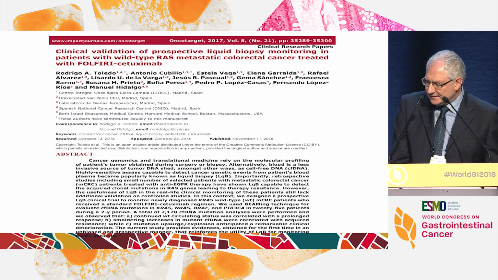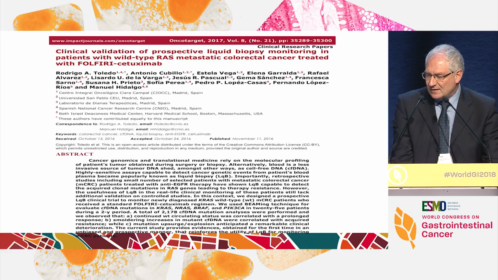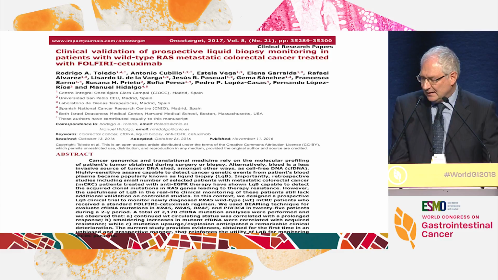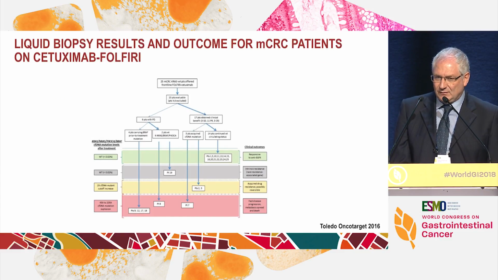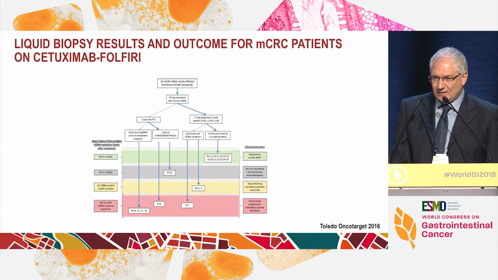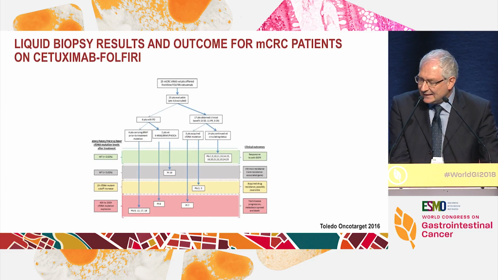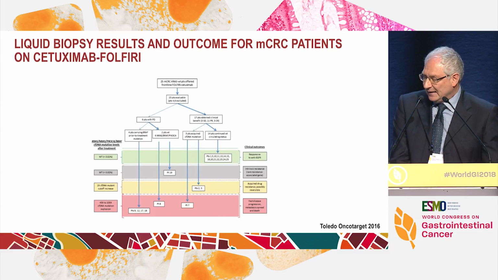To make things more understandable in a prospective way, there was this study. It is a small prospective liquid biopsy monitoring study done by Mani Hidalgo and colleagues here in Spain that was following 25 patients treated with FOLFIRI plus cetuximab in first line by consecutive liquid biopsy determination of the key genes for the pathway, so the KRAS and RAS, PI3K and ACA and BRAF gene. And clearly, as you can see in this panel, patients have never developed mutations in the pathway